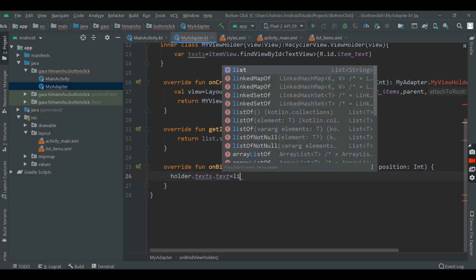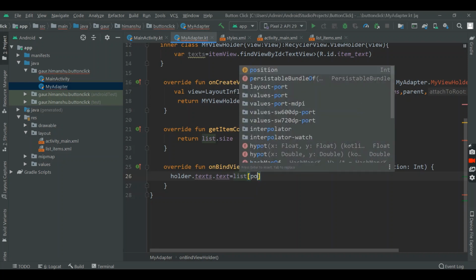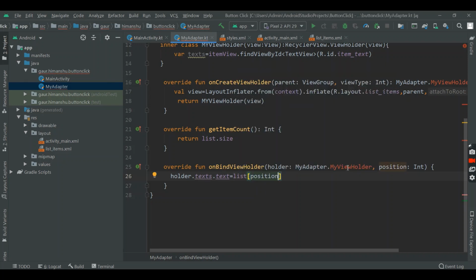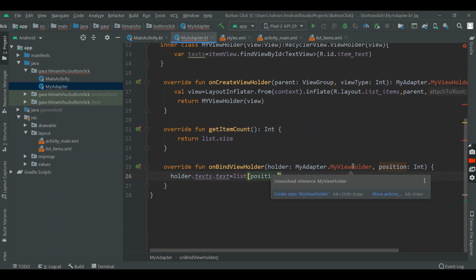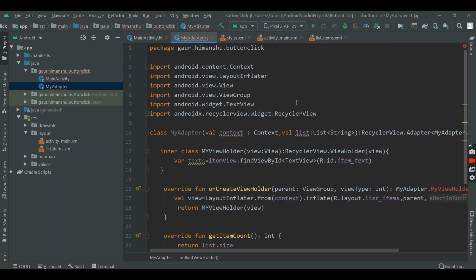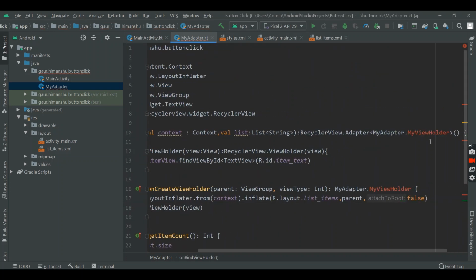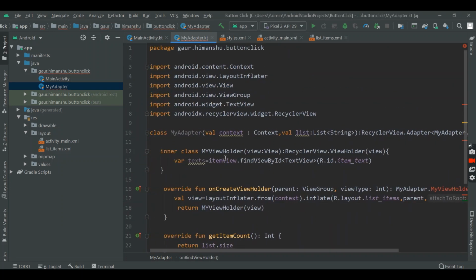Now list position. Now that's all for our MyViewHolder. Actually we have a problem here, sorry.